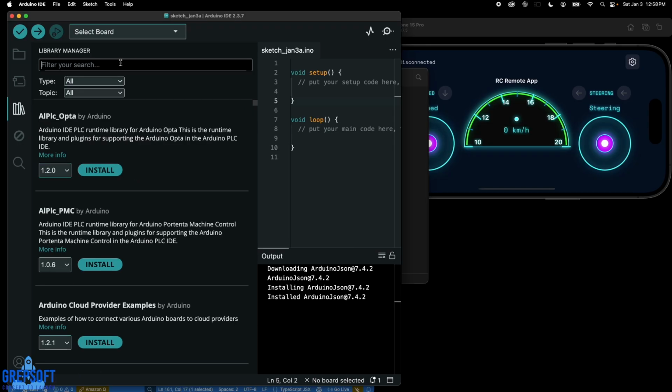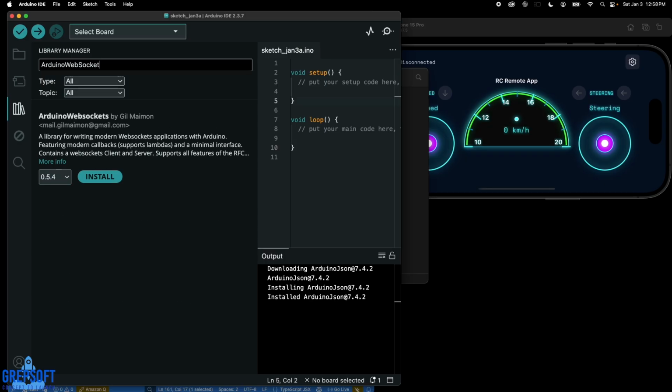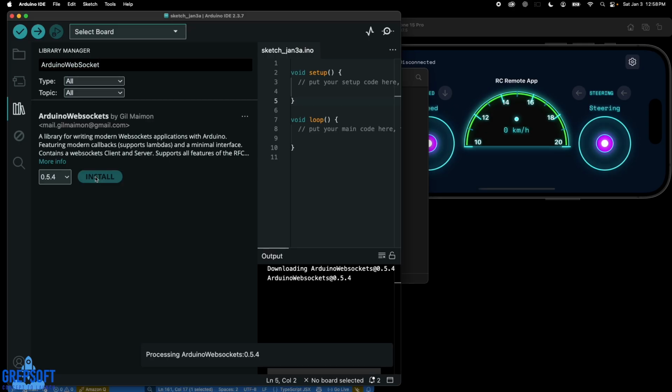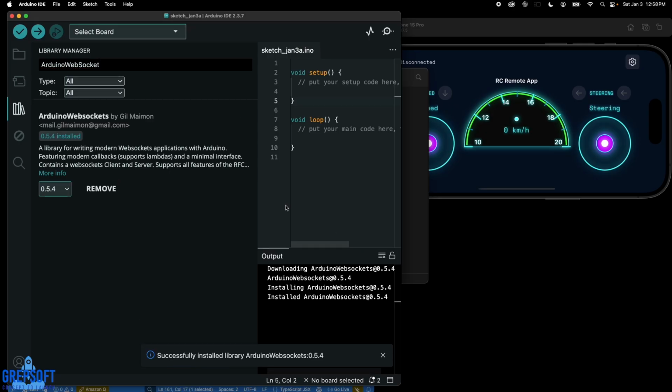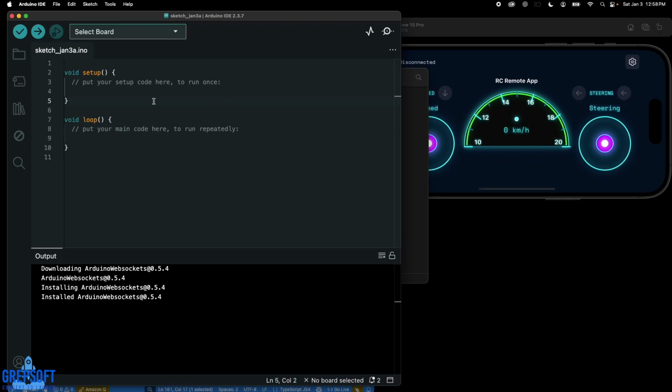Okay, and the next library you want to install is the WebSockets, and that's called Arduino WebSockets. That's the one. I'm going to install this one. Okay, so now that we have these libraries installed, we can close this one, and then we can get cracking. So first thing we can do is import the Arduino